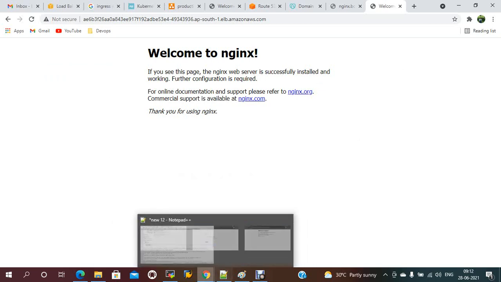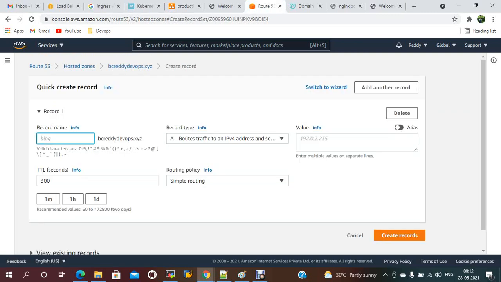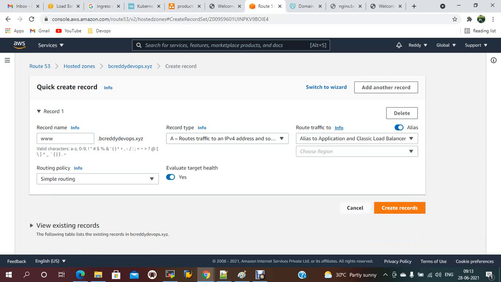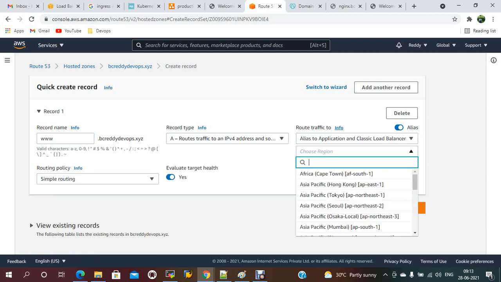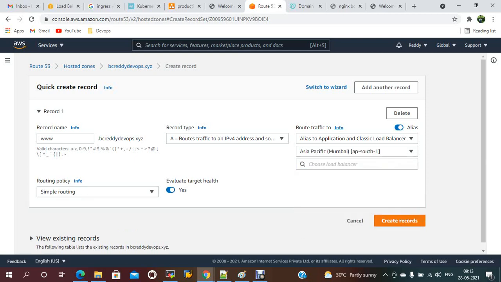Now go to Route 53, create record, and this time I'm using www and my domain name, alias to Application and Classic Load Balancer, region AP South 1 Mumbai region, and my load balancer.